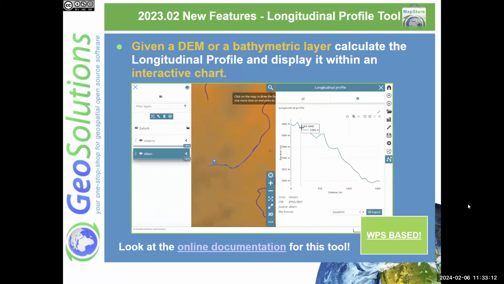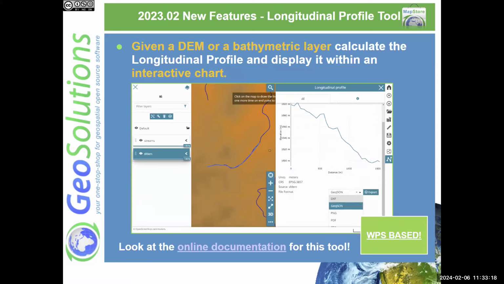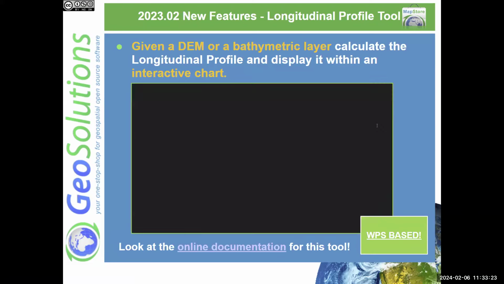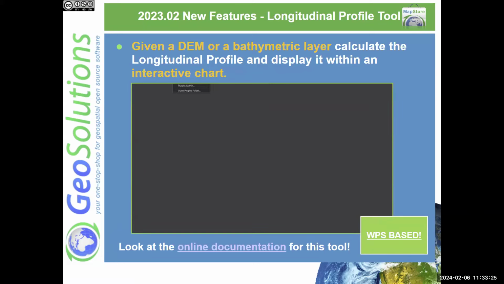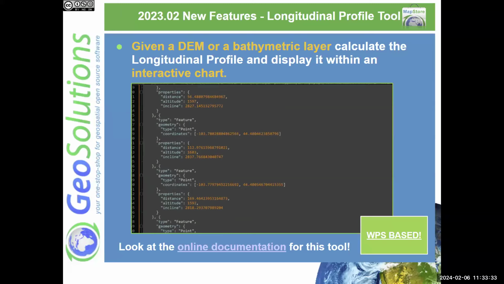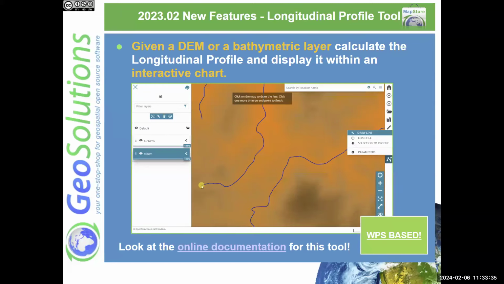Another tool introduced, a plugin introduced inside MapStore, is the longitudinal profile tool. Both the longitudinal profile and geoprocessing are available inside the context, so you can create a viewer through the context wizard that includes these 2 plugins. So this longitudinal profile, given